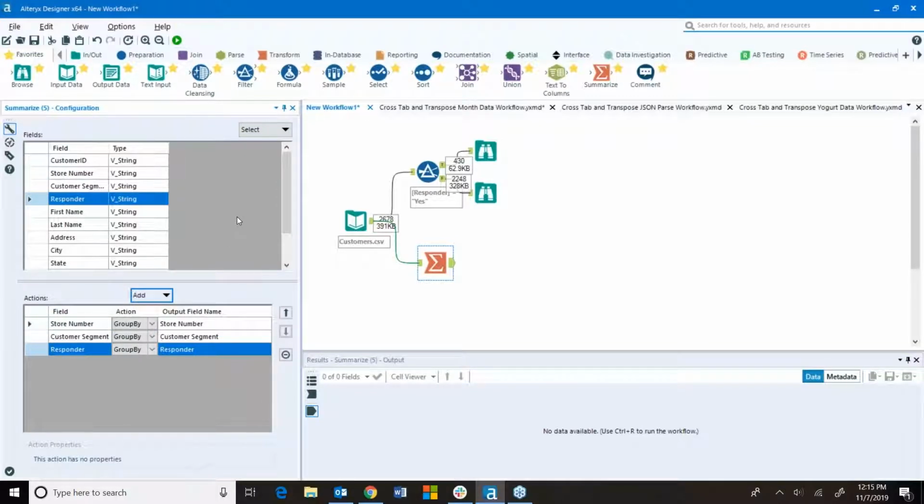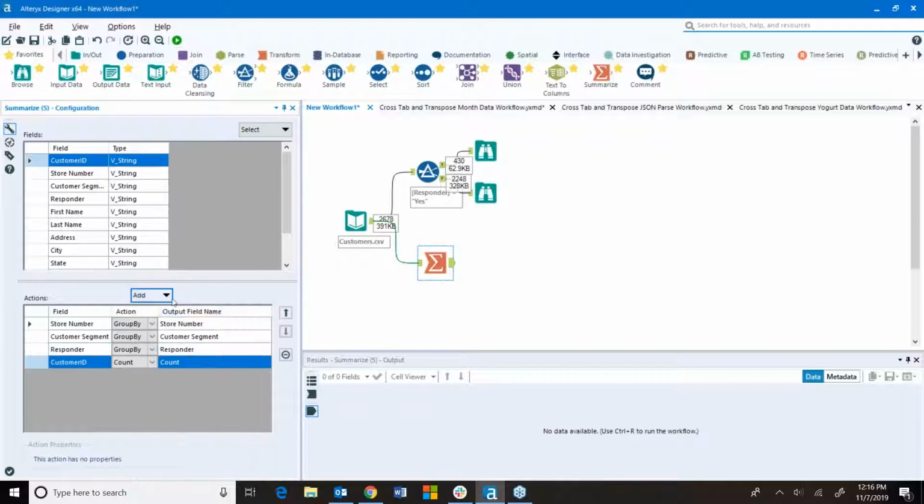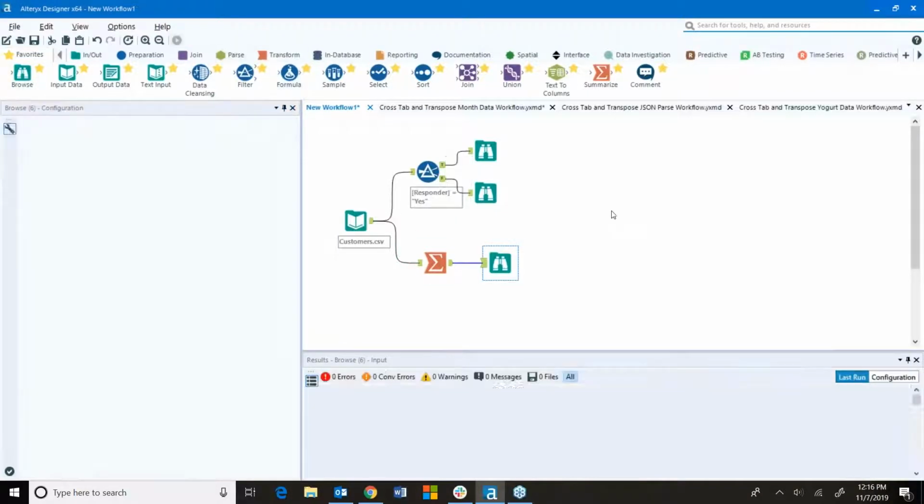I also want a count of responders. So the customer ID is the unique ID, so I can simply click on that and add count. So this is a hierarchical grouping. So we're grouping first by store number, then segment, then responder, and then getting a count of responders for each of these. So now that we have this together, I can add a browse tool and click run, and then